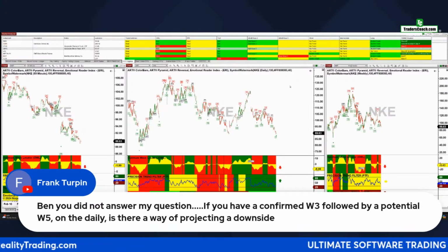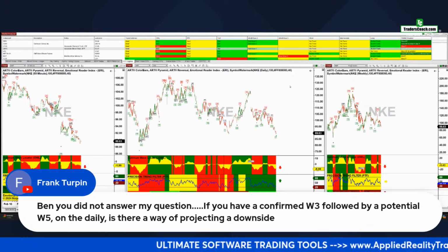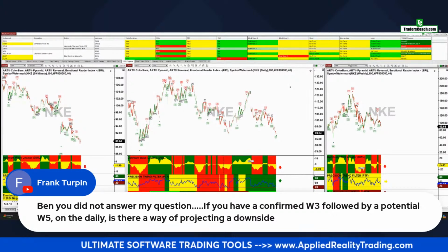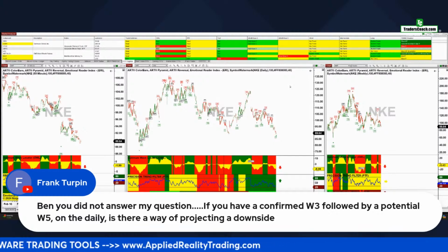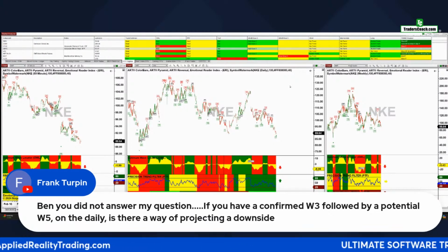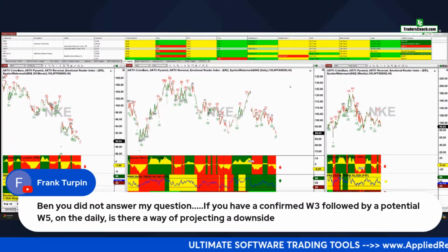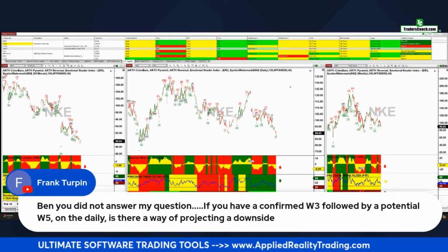All right, because don't forget, a fifth wave on the daily will indicate the end of some form of impulsive wave on the longer time frame weekly chart. And from there, you can get a handle of it. Let's say you ended wave 5 on the daily and that ended a wave 3 on the weekly. Then you could draw your fib retracements on the weekly, and that would show up where wave 4 would be, and that would be your new target.